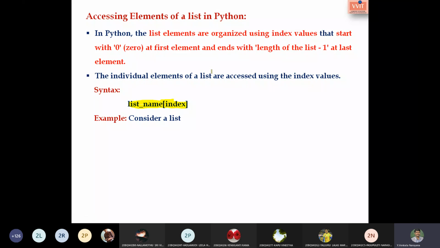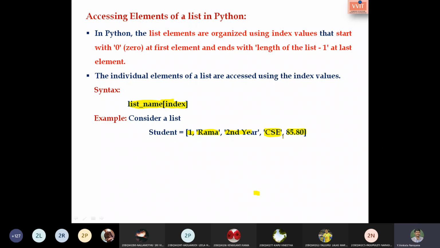So let us consider a small example. This is the example that I have. Student, which consists of some data. Let us suppose his roll number is 1, his name is Rama, he is studying in second year, CSE department, and he has scored in first sem 85.80. So this is the data of a student, represented in the form of a list.